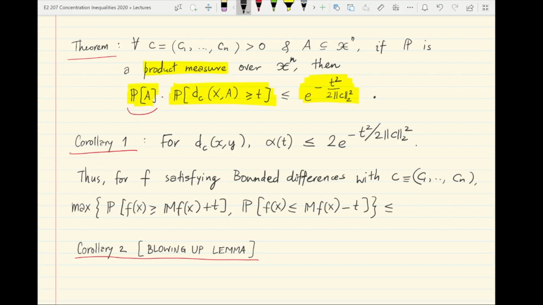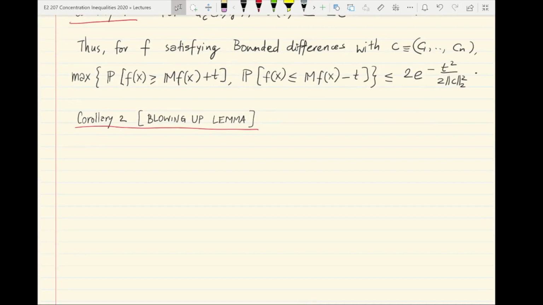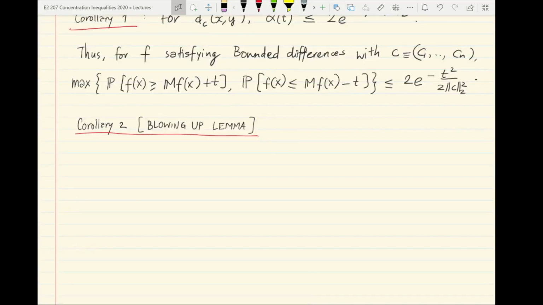These probabilities are both upper bounded by twice e to the minus t square by 2 times the sum of the squares of the ci's. So this is the first corollary. The second corollary is something familiar to people in information theory, which applies this theorem to a special weighted Hamming distance, which is the classical Hamming distance. So for Hamming distance